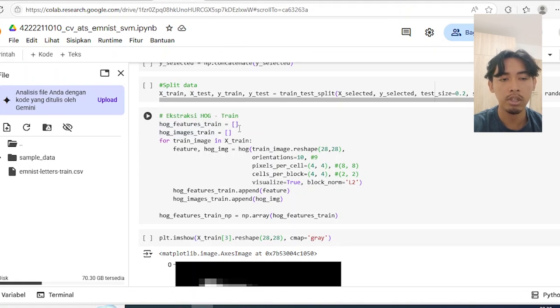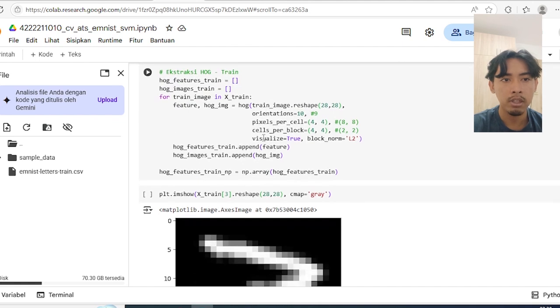This one is for the train data. For the parameters, orientations is the number of bins that we use for this HOG feature extraction. The default is 9, but I change it to 10. Then pixels per cell is the amount of pixels in one cell.